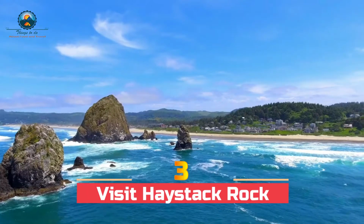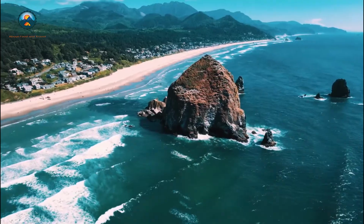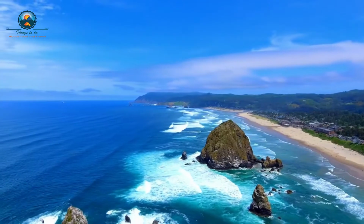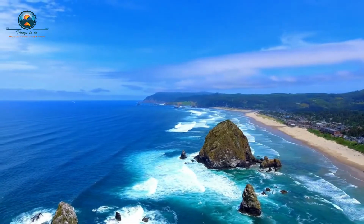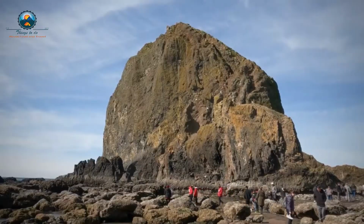Number 3 on our list is to visit Haystack Rock, a sea stack that stands 235 feet or 72 meters tall near Cannon Beach, Oregon. It is the third tallest structure between two tides in the world. At low tide, you can walk to the monolithic rock from the beach, which makes it a popular tourist spot